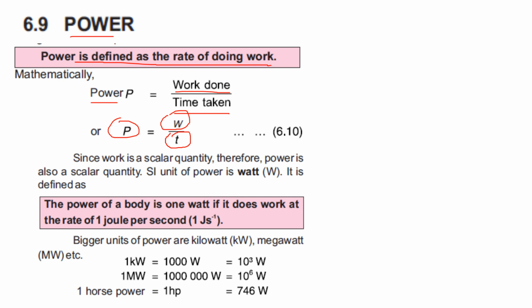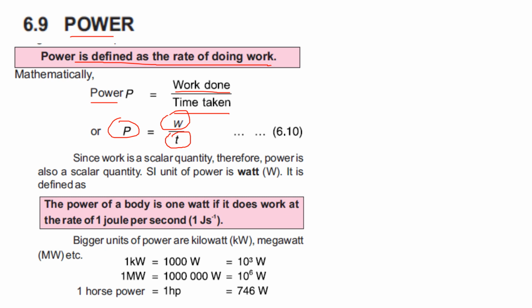If we consider an example, let's say there are two people and they are doing an equal amount of work, but one took 1 hour to complete his work and the other took 5 hours. No doubt both have done an equal amount of work, but where is the difference? There is a difference in their time, in the rate at which they are performing the work. Obviously one is doing faster work compared to the other, because one completed the work in 1 hour and the other in 5 hours. So the difference involving time is what we call the power of a body. So power is equal to work by time.